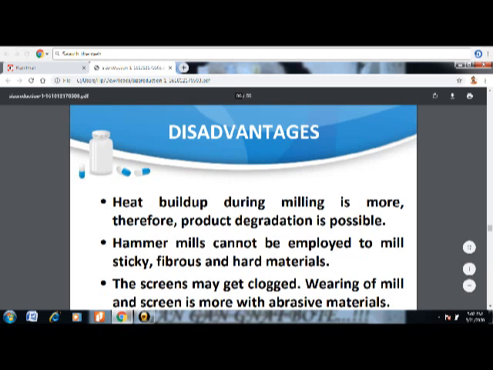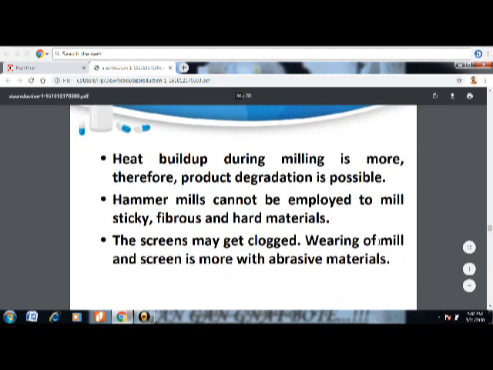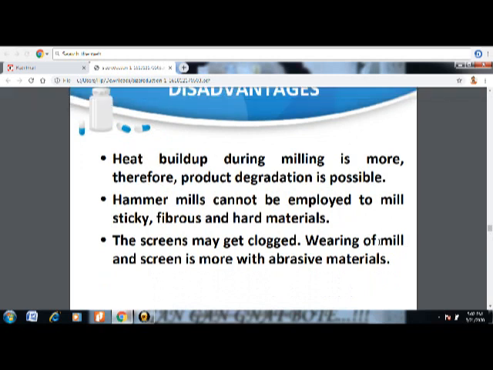And again one more thing: if there is contamination, if metallic contamination does happen, a little bit of the metal from the metallic casing goes into your product, then by using a magnet, moving it over the product, that metal can be attracted towards the magnet and you can separate out the contamination. You can get freed from the metallic contamination of the product. So in this way you can use the hammer mill.